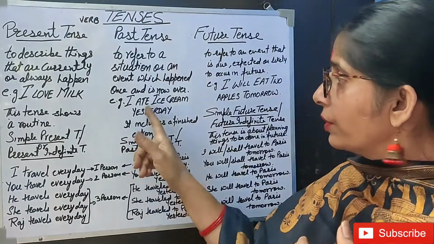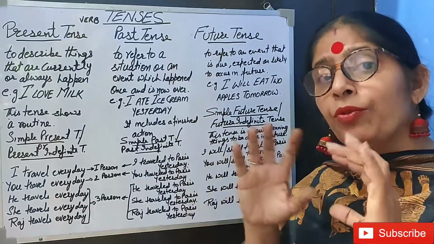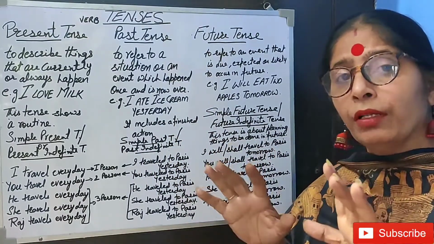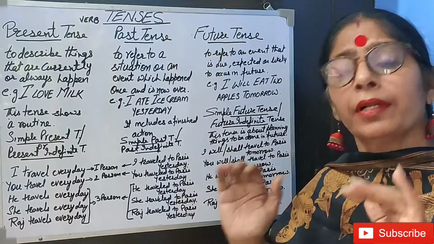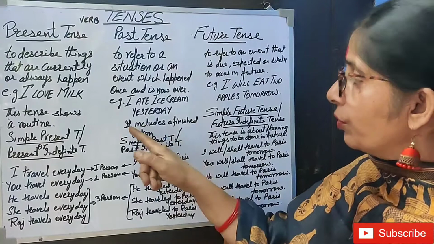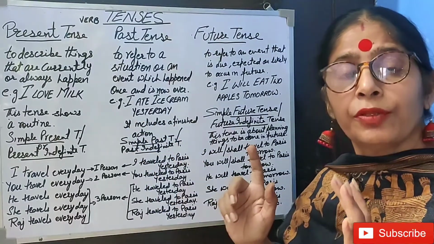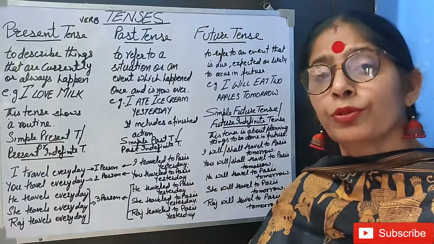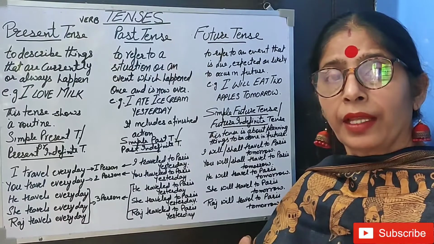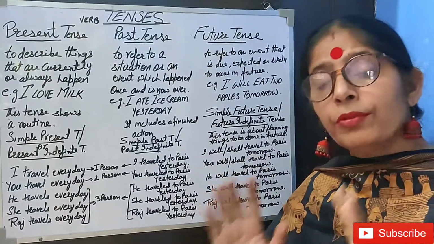Okay, so this is what we say, that when something happened once, एक बार वो हुआ, हमने आइसक्रीम ली और हमने खा ली और वो खाने का काम अब खत्म हो चुका। Okay, so we can say it includes a finished action. This way you can say, जब हम past tense की बात करेंगे, जो एक्शन फिनिश हो चुका है हम उसकी बात करते हैं। ठीक है, आइसक्रीम का खाना खत्म हो चुका, हम उसकी बात कर रहे हैं।